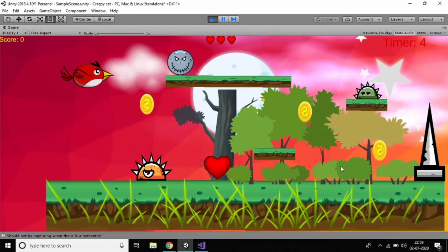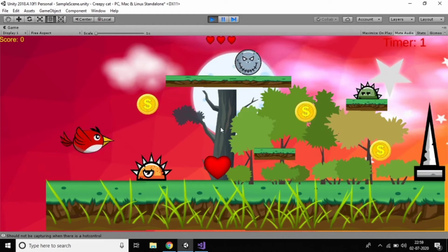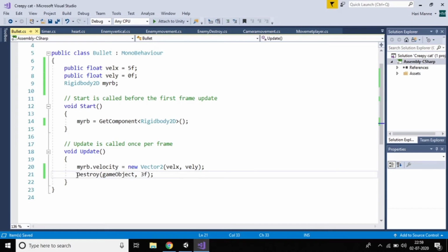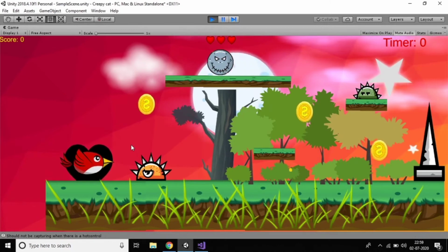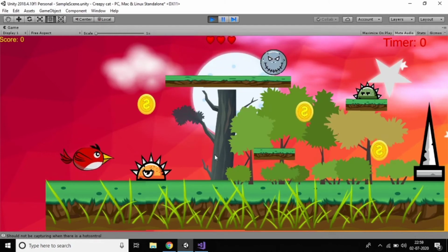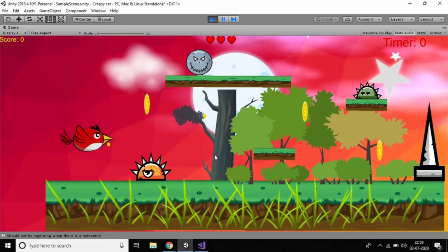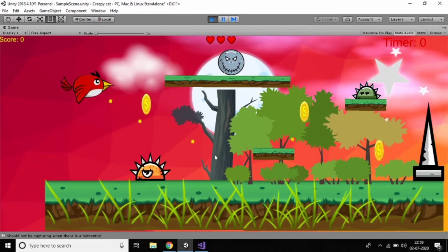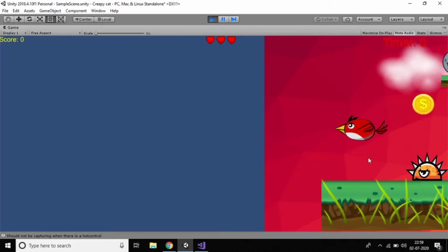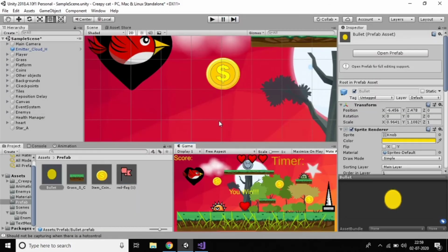Did you observe? Yes. After 3 seconds it was destroyed, as you can see here. Because I wrote the code to destroy the game object after 3 seconds, that's why my bullet was destroyed. Did you observe that my heart was also destroyed? Because I didn't give them the tag, we'll work on that. If I click the control, my bullets are also moving left side, right? I don't want that. If my player is flipped to the left side, my bullet should automatically also move to the left side.